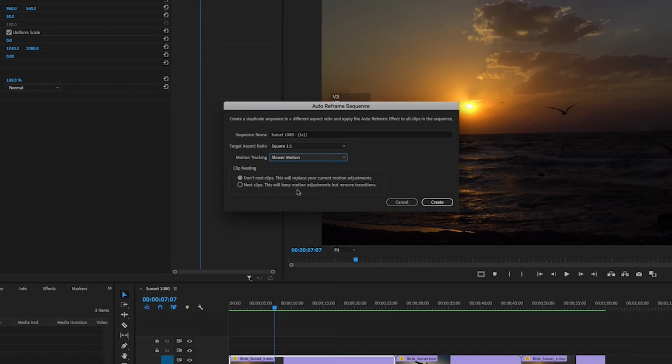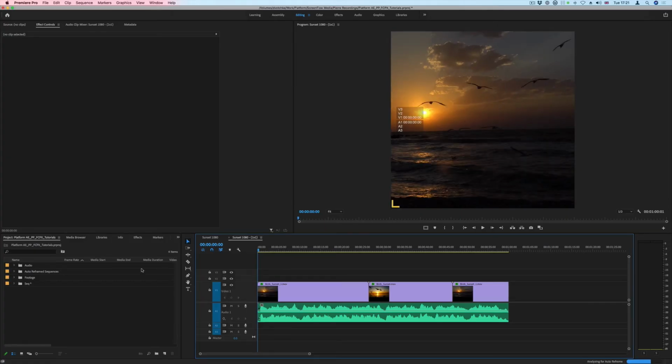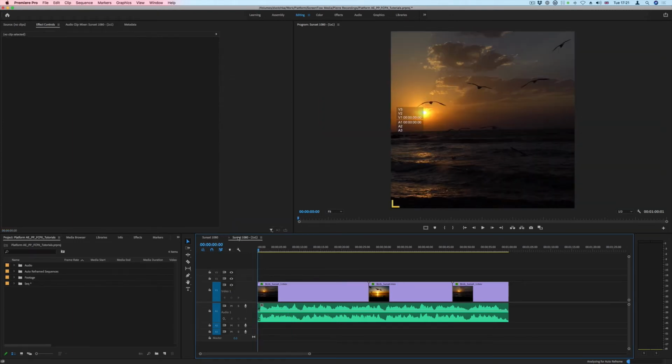You'll want to nest the clips if you have any position keyframes on any of your clips, as doing an auto reframe, if it needs to write keyframes to make adjustments for the framing, then it will delete the existing keyframes. Now, as I don't have any keyframes, I'm going to keep it on the first option here, which is don't nest the clips. And what's happening here is that Premiere Pro has created a duplicate of the original sequence